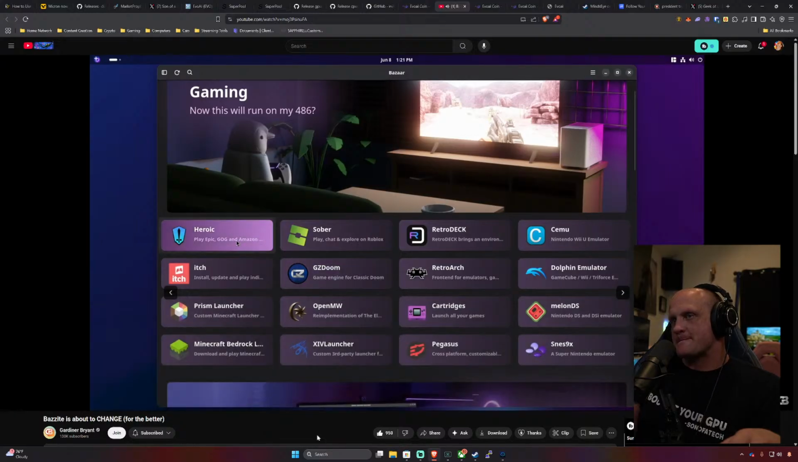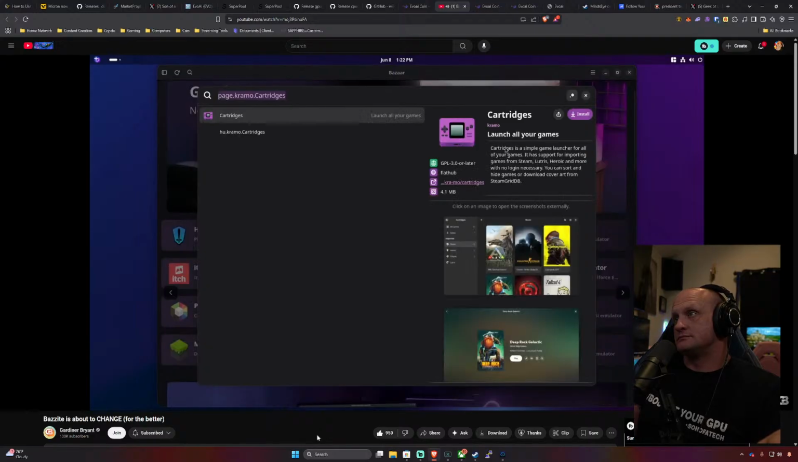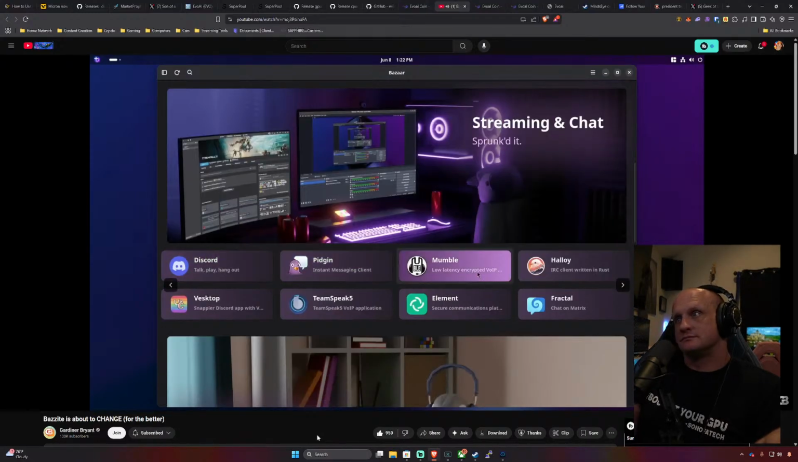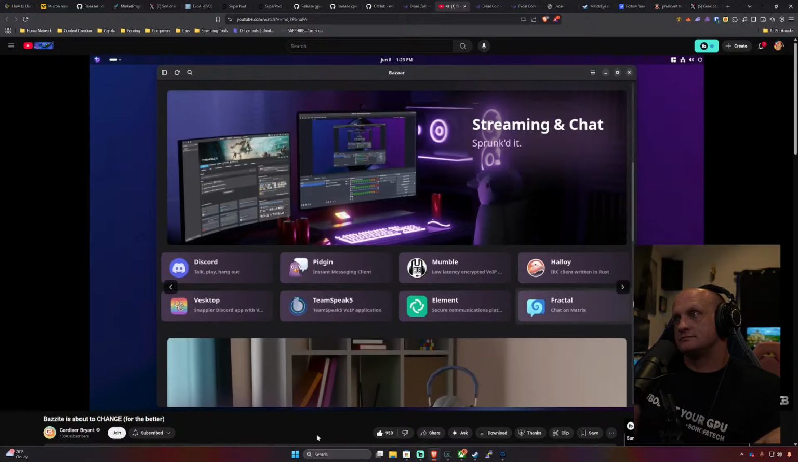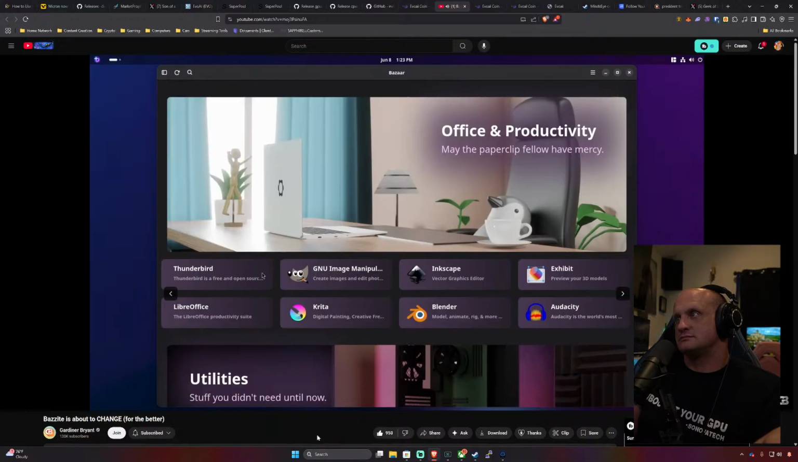Here that fall under the gaming header, and most of these are games that you can install, or managers like Heroic that help you install non-Steam games on your system. There's also Retro Deck, Retro Arch, GZDoom, but there's also emulators here like Dolphin, and there's also Cartridges, which is a GTK-based emulation front end. So lots of cool stuff here, but there's also streaming and chat, which includes Discord, Pigeon, and a bunch of others. I'm surprised that OBS isn't in here. Yeah, TeamSpeak. Right. Then there's music and media, which includes stuff like Jellyfin, VLC, Tidal, Plex, Spotify, Office and Productivity,